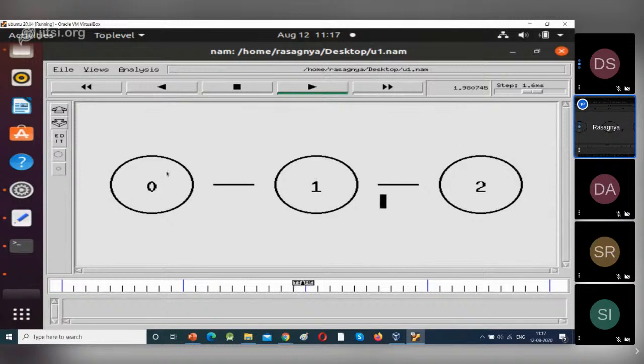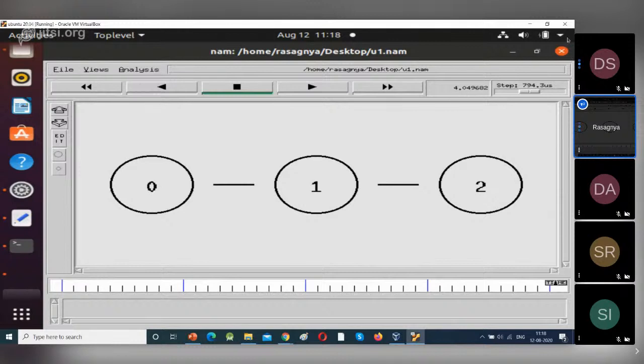Two is sending data to 1, 1 is sending data to 0. See, simulation is stopped at 4 seconds.